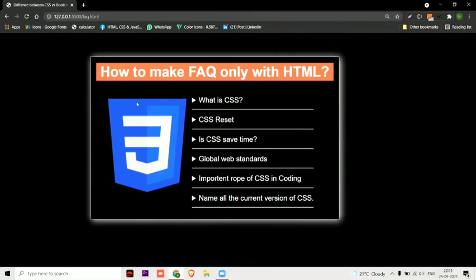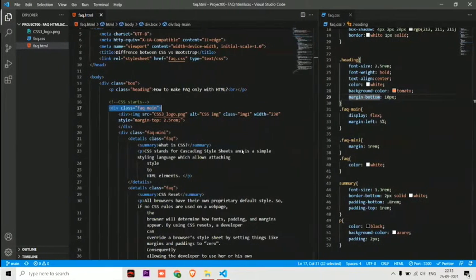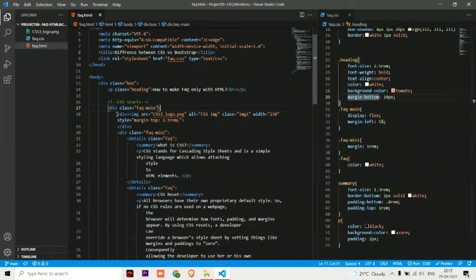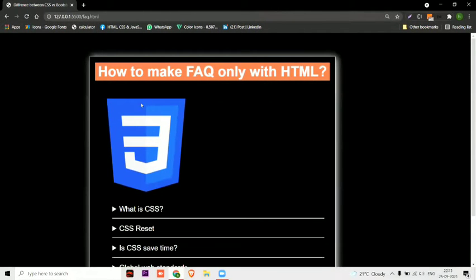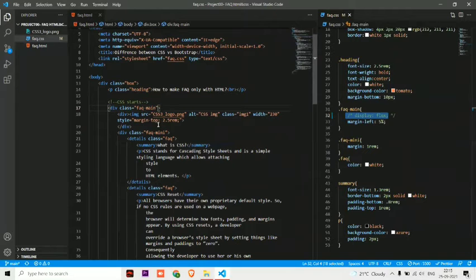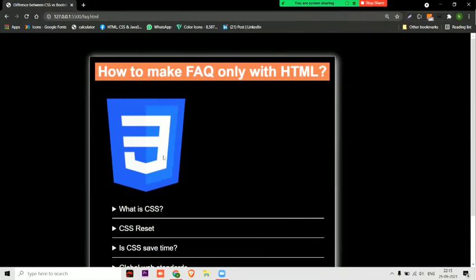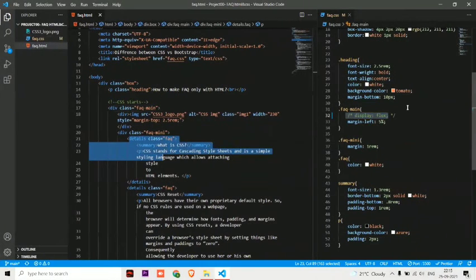And after that, let's come down, and here you can see that I have given FAQ main, and inside FAQ main the whole content is there, right? So FAQ main I have taken, and for FAQ main, here I have done display flex. I will show you that if I will not use display flex, then how it will show. See, something like that, like image is showing on the top because we have used on the top, and after that FAQ is starting, right?